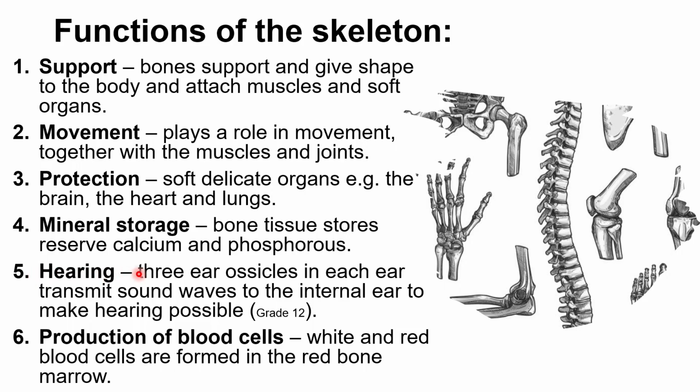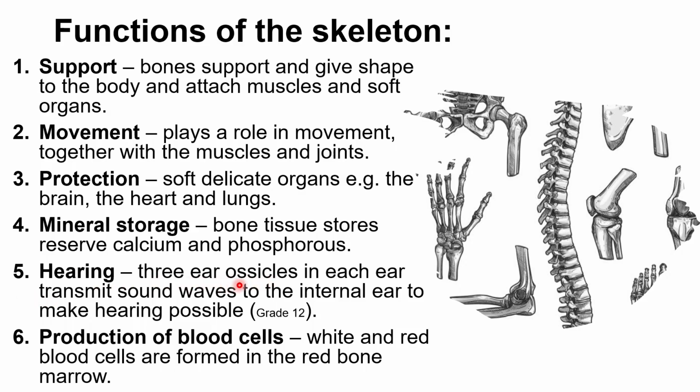There's 3 little small bones which we call the ossicles, and that allows us to hear because it transmits sound waves that come in the form of sound right into your internal ear, and then it vibrates and it makes hearing possible. So once again, in grade 12, we're going to focus on function 5. We're going to see how the ear works, and then you're going to learn about these little small bones that